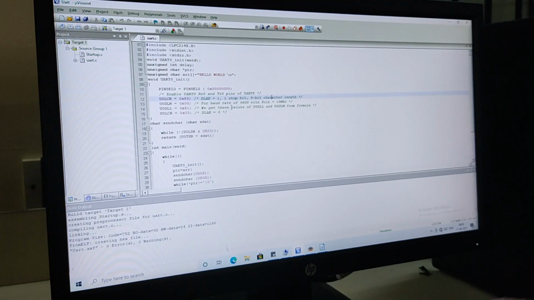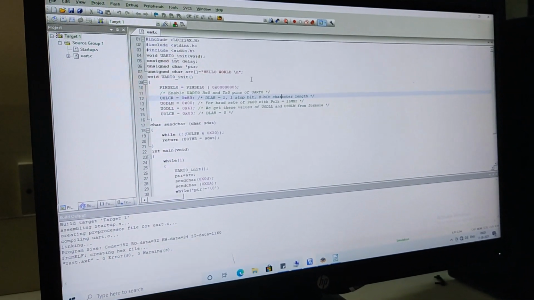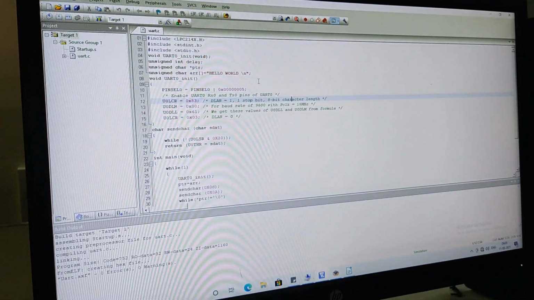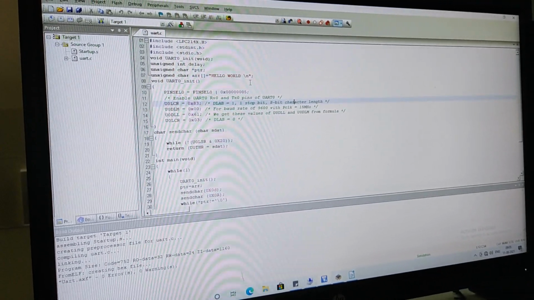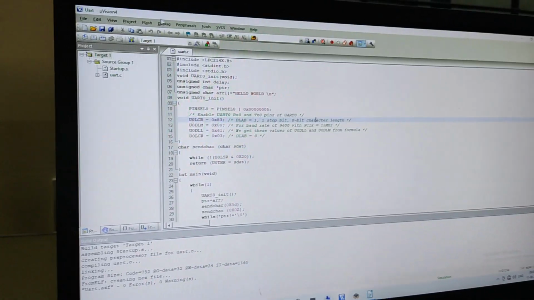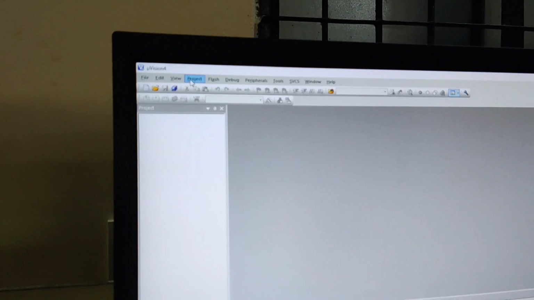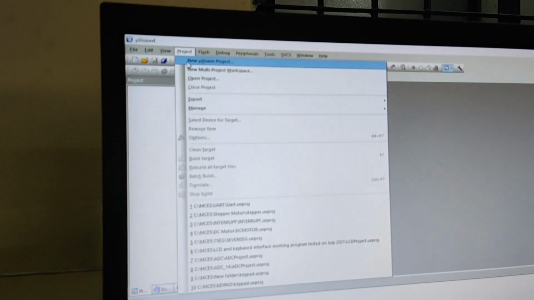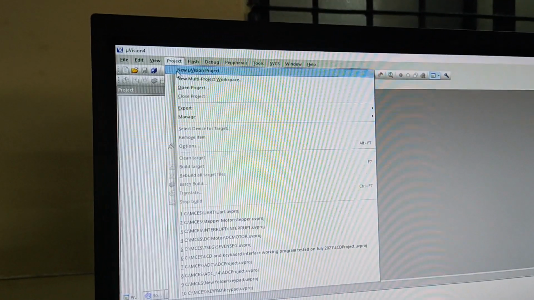Now let us see how to execute this program using Keil software. I am using Keil software version 4 here. First of all, we have to create a project. Click on Project, then New Microvision Project.